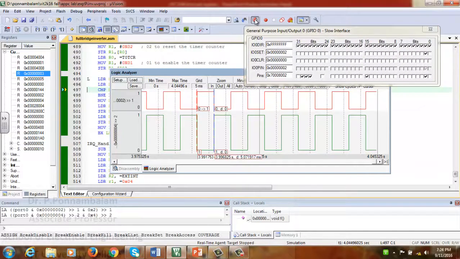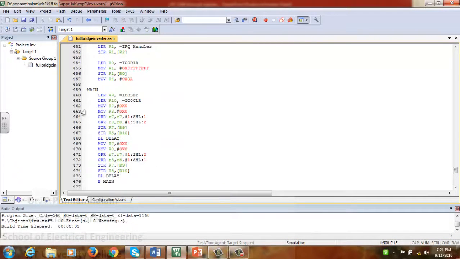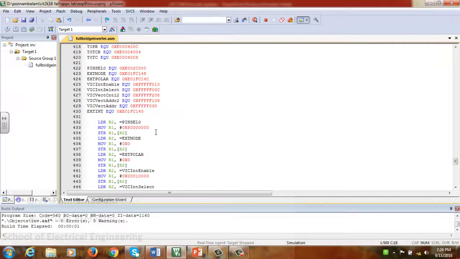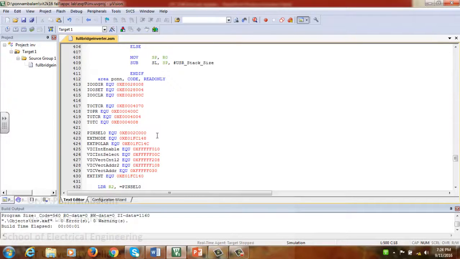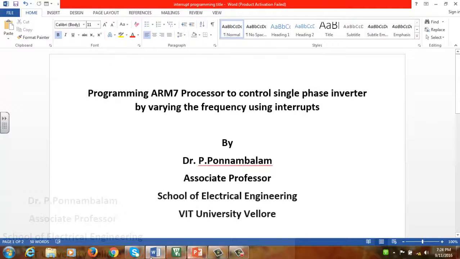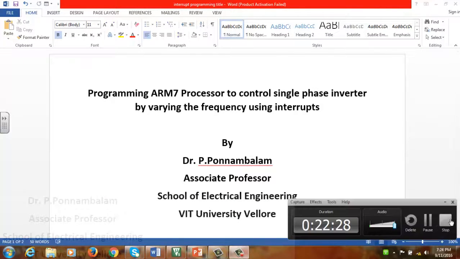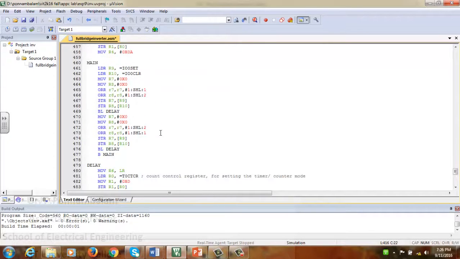Okay, now in case you are finding it difficult to understand this bit manipulation, then obviously you can use the IO0PIN. To use this IO0PIN, we need to initialize the IO0PIN memory address. That I have done: IO0PIN EQU 0xE0028000. So I'll change the program pattern.